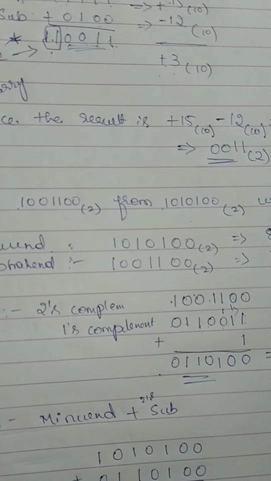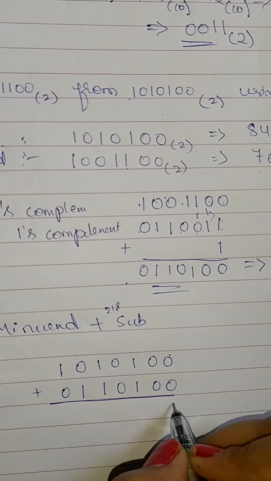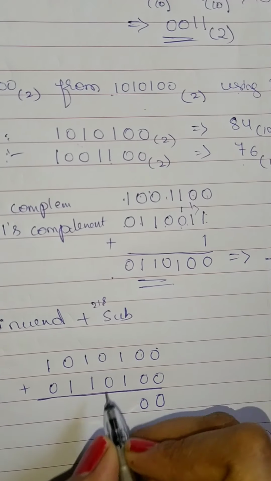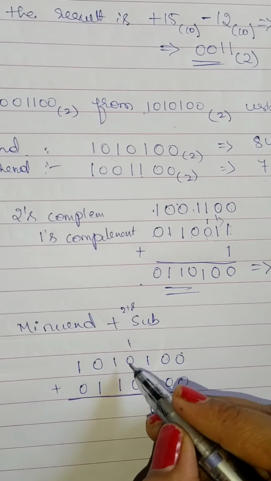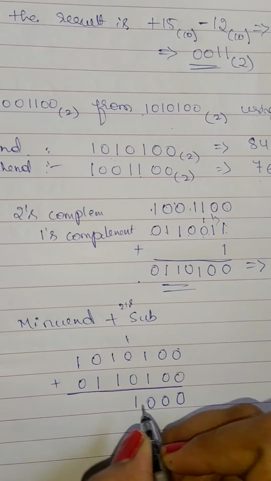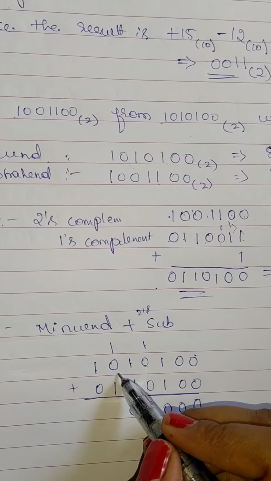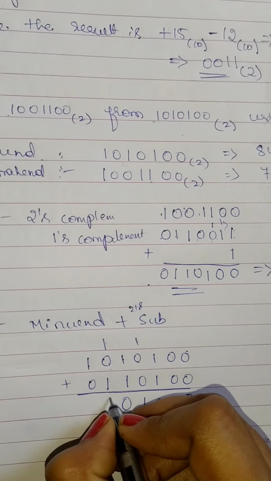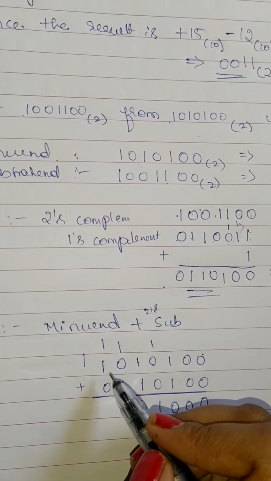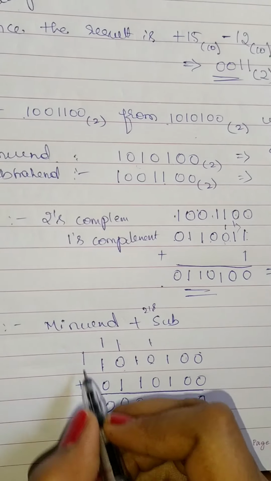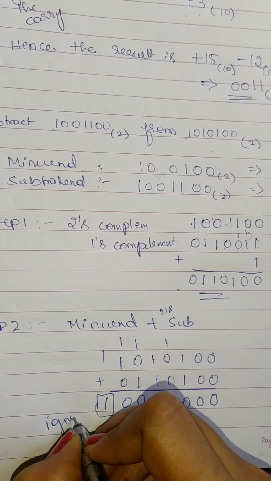Then we need to perform an addition here, so that 0 plus 0 becomes what? 0. 0 plus 0 becomes 0. 1 plus 1 becomes 0, carry 1. Okay, so then 1 plus 0 becomes 1. 1 plus 0 becomes 1 again. 1 plus 1 becomes 0, carry 1. So again 1 plus 0 becomes what? 1. Again 1 plus 1 becomes 0, carry 1, right? Then 1 plus 1 becomes 0, carry 1. Then 0 plus 0 becomes 0. Then we have to write this carry and we have to ignore this carry too, right? Ignore carry.